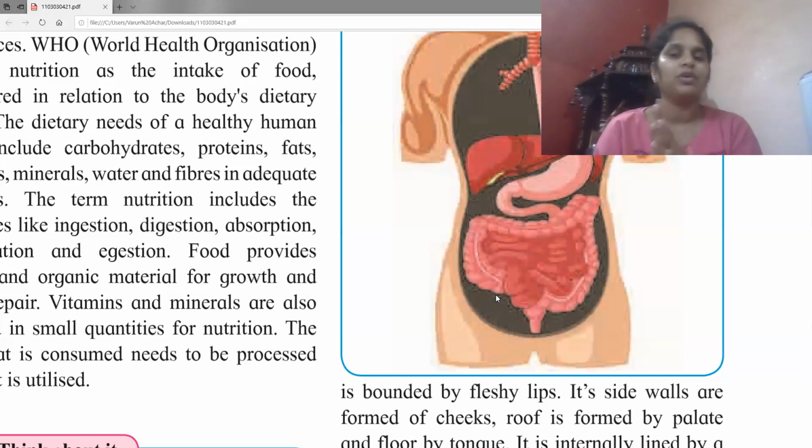Okay, but then what happened? We discovered fire, and from fire we came to know that we can cook the food, and in the cooking process your food softens. Now why does it soften? Because the cellulose in it is broken down in the cooking process. So when we started eating cooked food, we no longer needed that enzyme cellulase, and because of which the cellulase has now left the building. It is not present in our body.